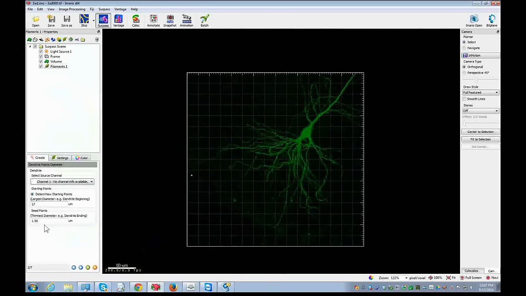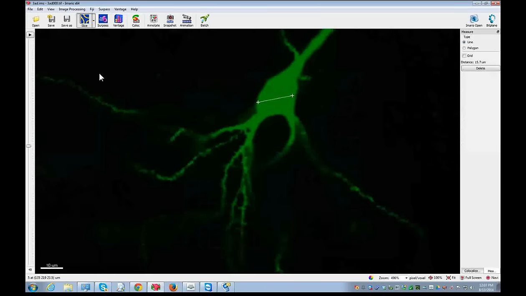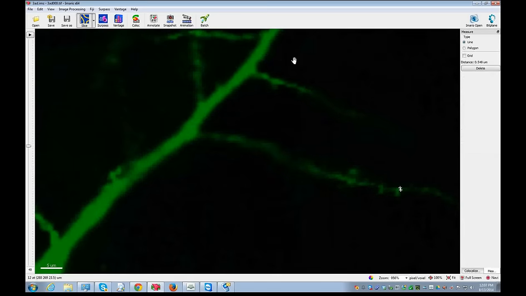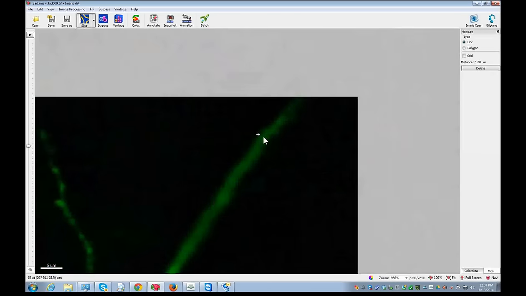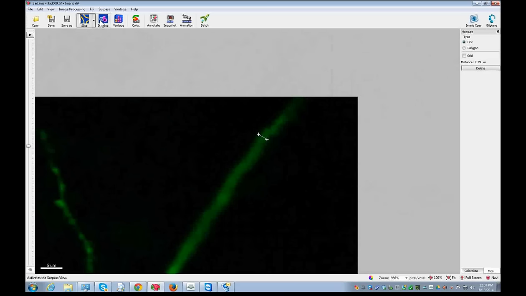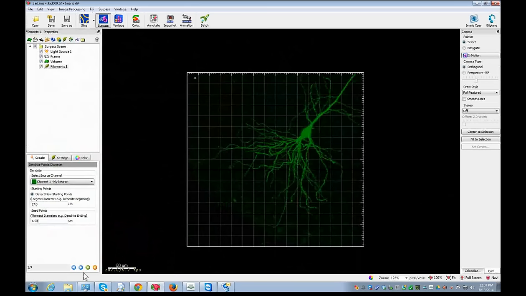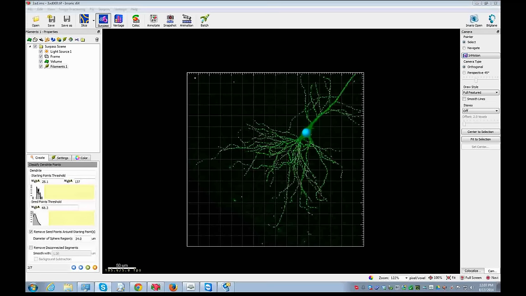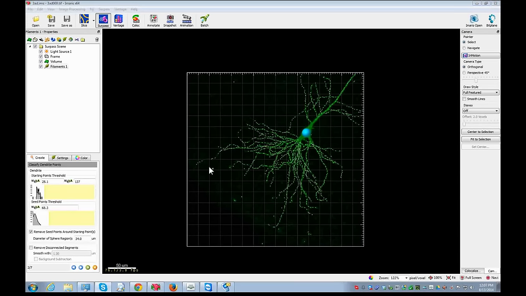Then it's going to ask the thinnest diameter for the actual processes of the dendrites, not the spines, but the processes. So let's go something like that, half a micron, maybe a little bit larger, about a micron maybe, 1.5. I'll go with that. See how that goes. And so then what Imaris is now going to do is it's going to go through and identify and highlight these structures,